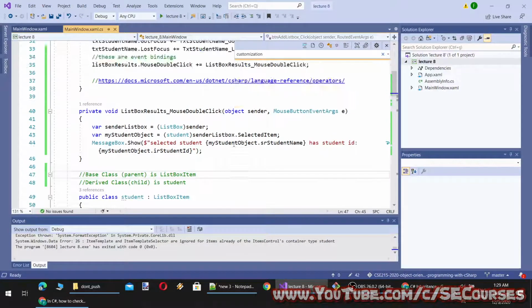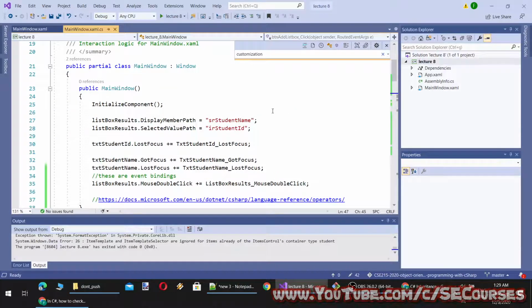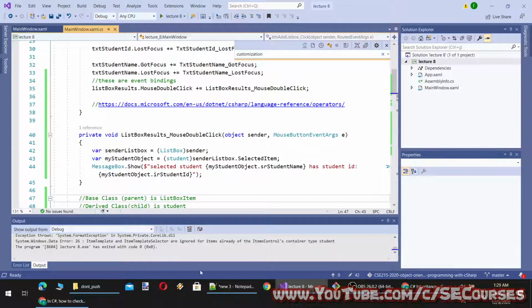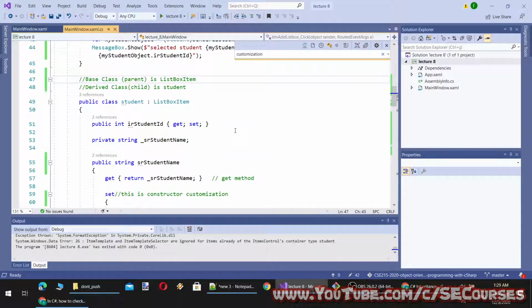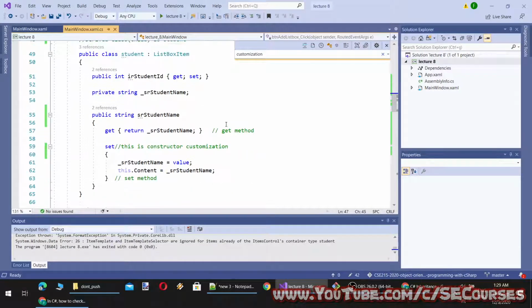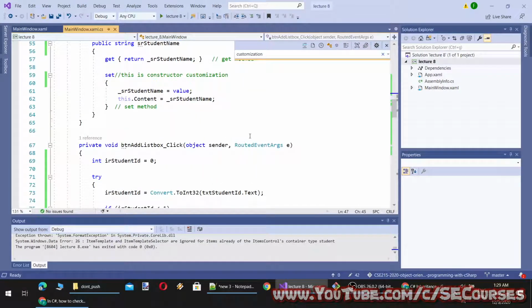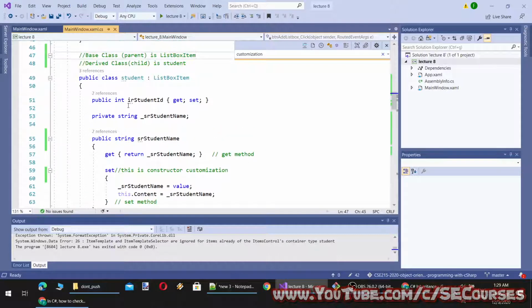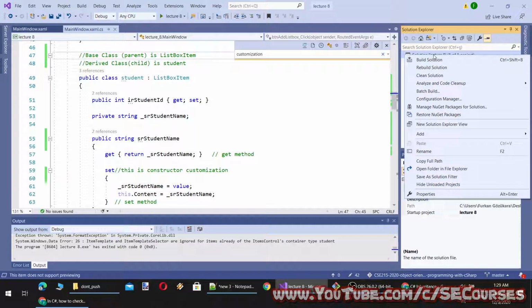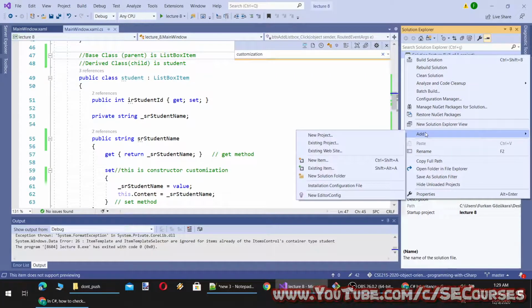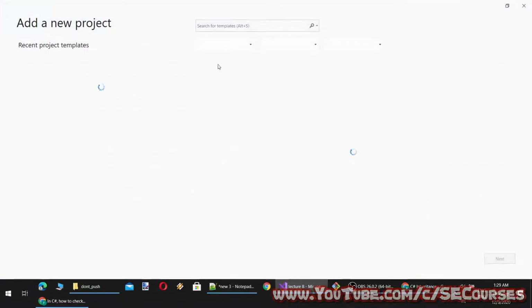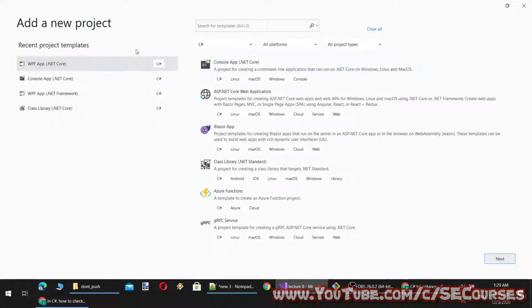Okay, so now we are going to make a DLL and use the DLL. So what can be a DLL here? We can make the student class as a DLL in our project. I think we can add a new project to our solution and use it as a DLL file.